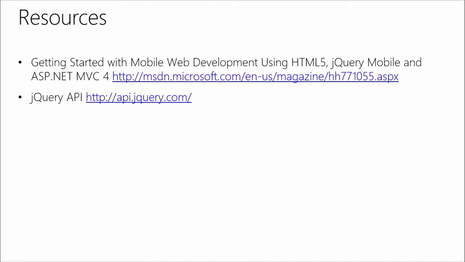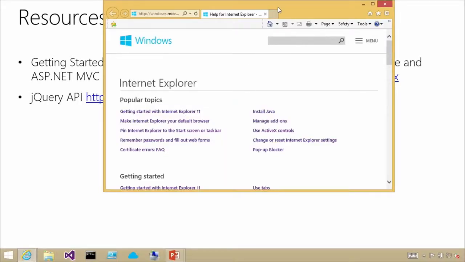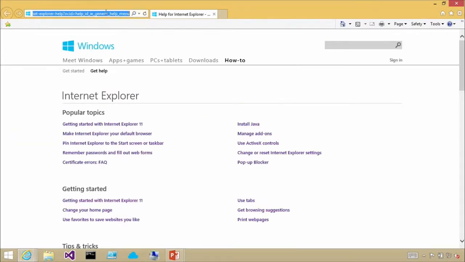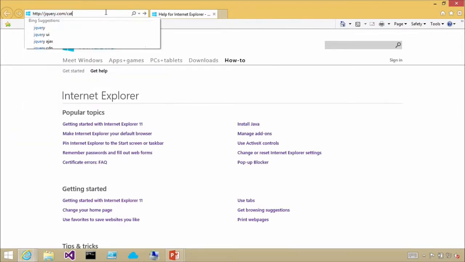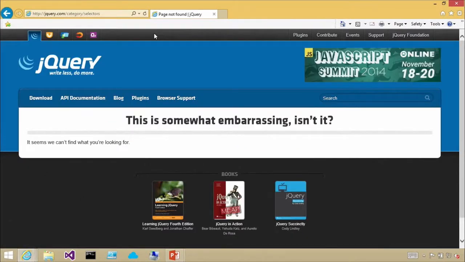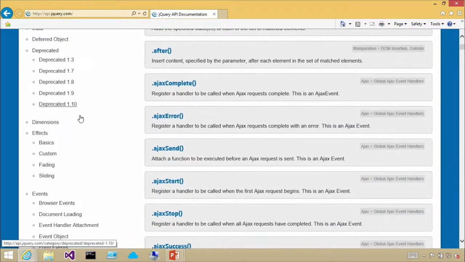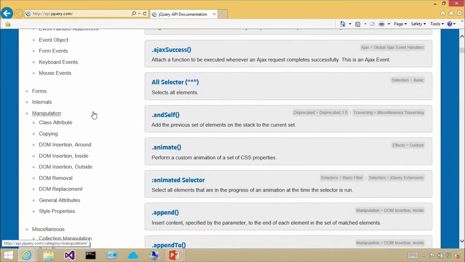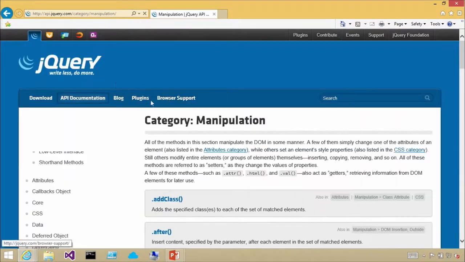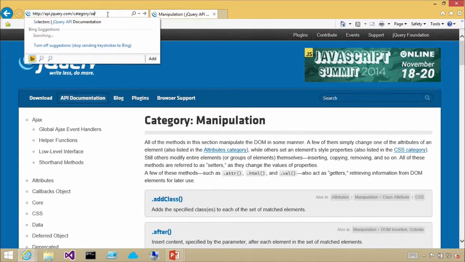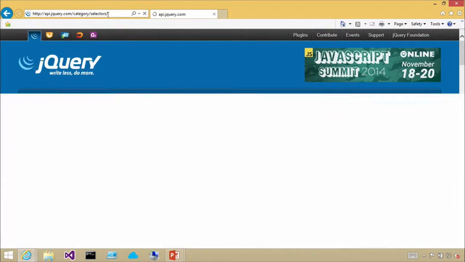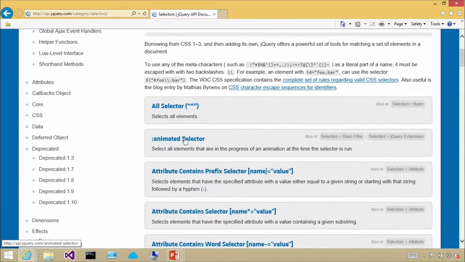And you can just go right to the selectors category. And I'll just hop over there again real quick. All right, so jQuery.com, category, selectors. One day I'll learn how to type and spell, which is not going to be today. In here, I could come in here and grab my selectors. So anything in here that you need, go right under manipulation, works really well. Right, there we go. I think I just spelled that wrong before. There we go, selectors. So once I come in here, as you see, here's another one that didn't even make